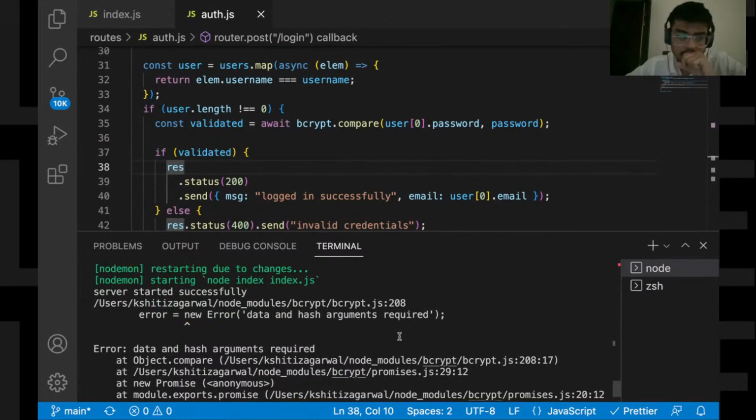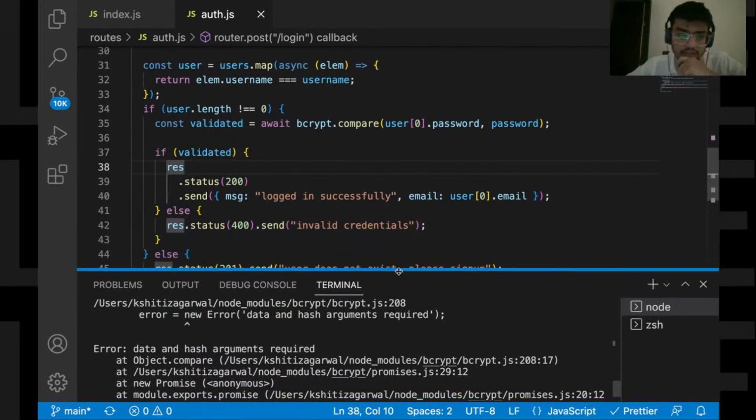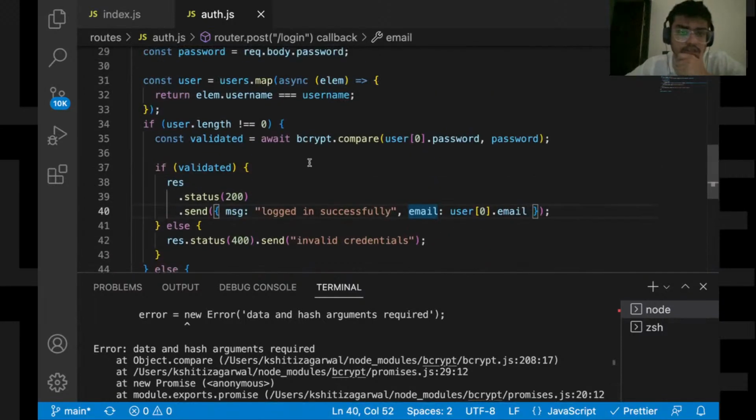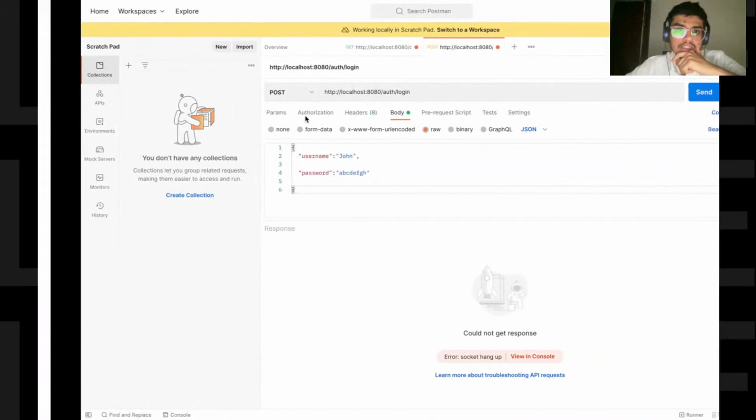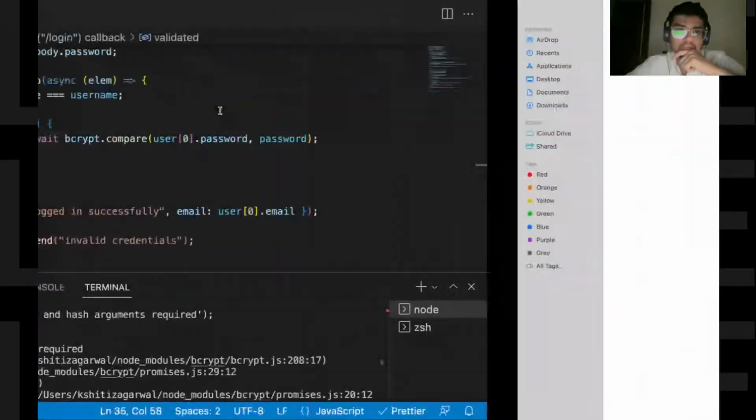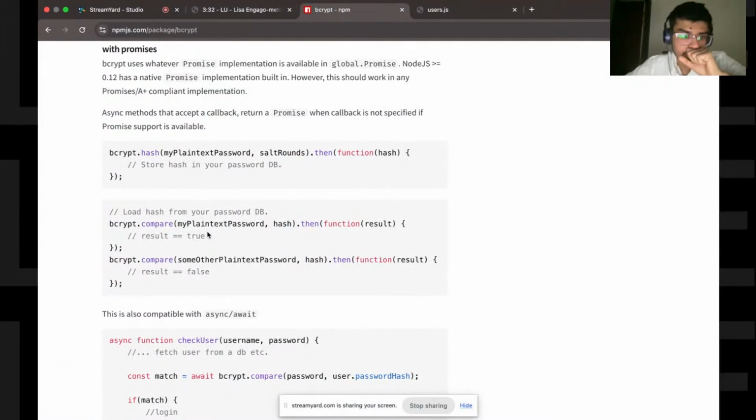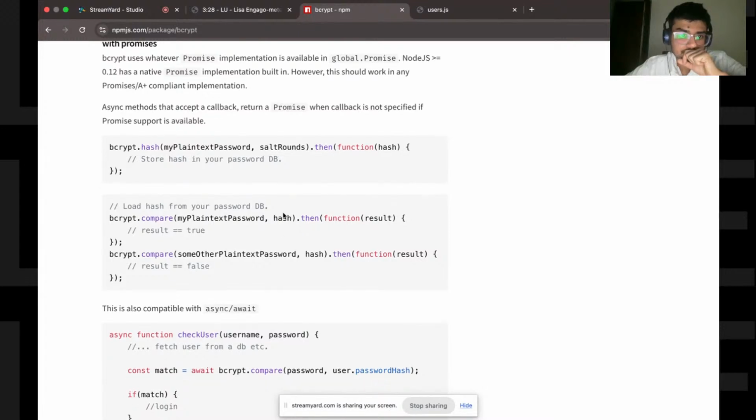Return hash arguments required. Okay, it is giving an error in bcrypt only. So let's see. Write 0.password, comma, password. Let's quickly see the documentation again, if I'm using .compare correctly.